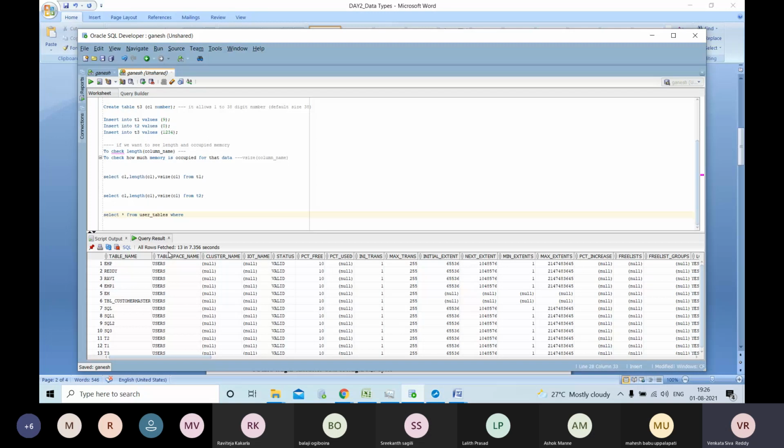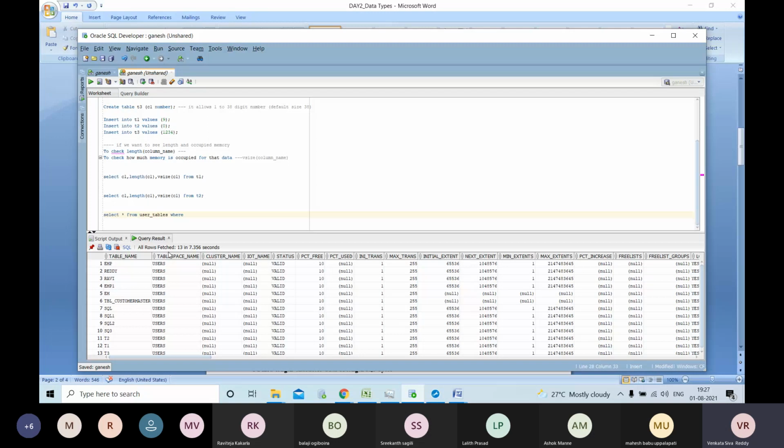Whatever it may be, the data will be captured. If you create any table, it will be stored in user_tables. User_tables is a meta object. Meta object means the predefined system provides some default objects for all people to use. That is what we call meta objects. We cannot edit the meta objects. You cannot insert any data into them manually. The system defines some tables, views, synonyms, whatever it may be. All of that we call meta objects.